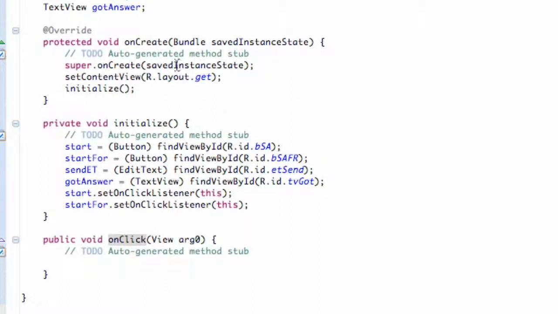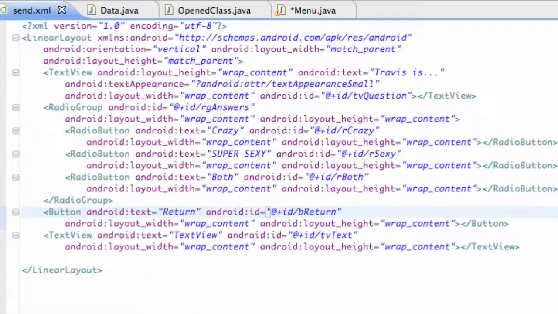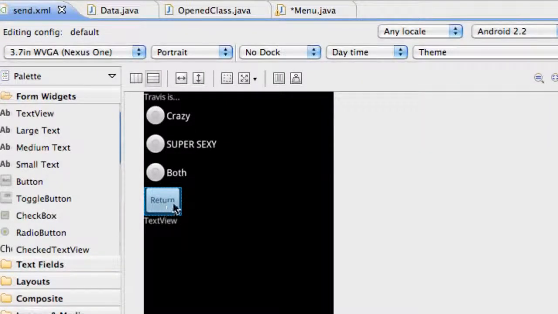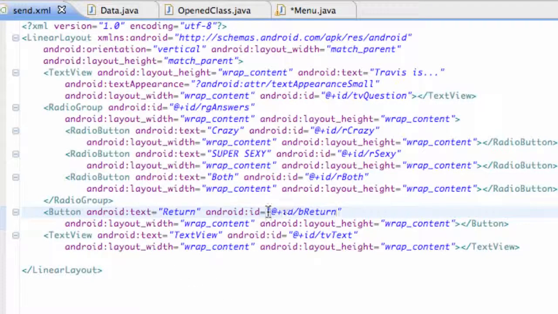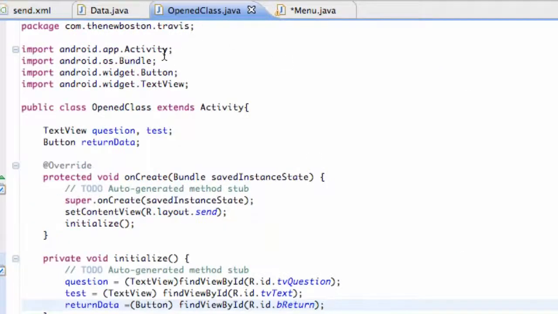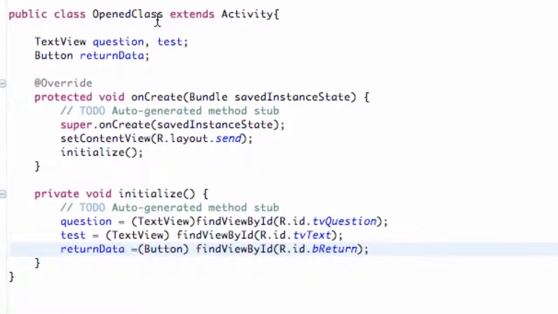But also the other thing I wanted you guys to change real quick is our send XML. I forgot I wanted to add one button here. So just drag and drop a button in there. Let the text be return, and then the ID is button return right there. Nothing too new. You can set that up however you like, but I just wanted to show you how I set this up. And then I go into our open class, and again this is how I set it up. I had the two text view references, question and test, the button reference, return data, had the layout set to send, set up an initialize method again where I added those references,